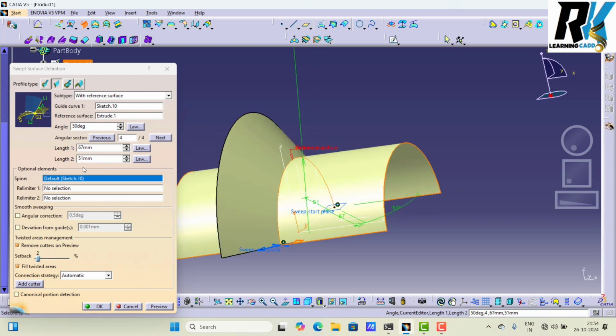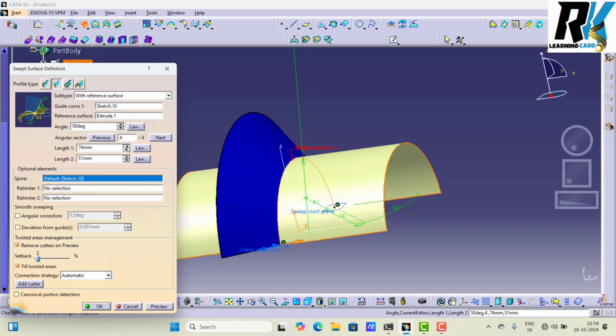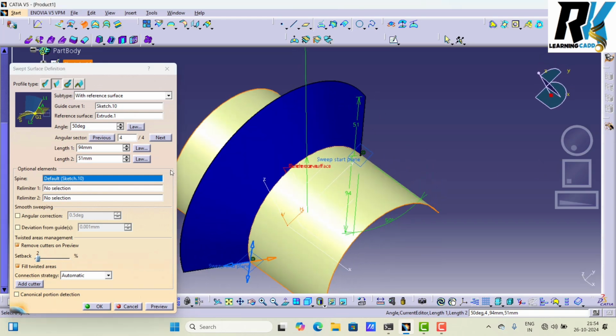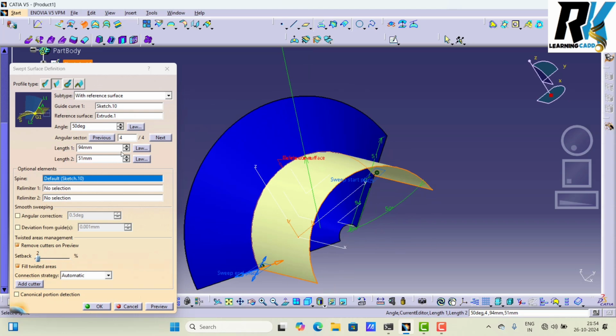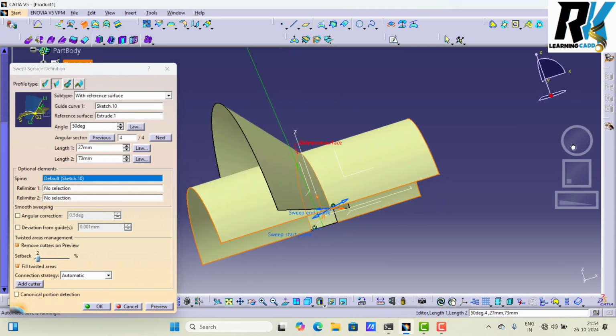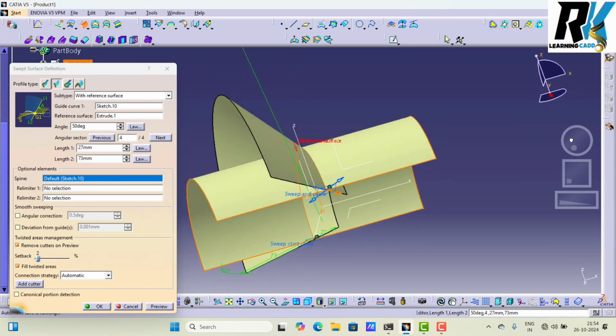How much should this side length increase? See how much this side length increases and how much this side increases downside. If this one side is not needed, we can decrease it, and if this side is needed, we can increase it. Check the preview. So okay friends, this is the with reference surface.